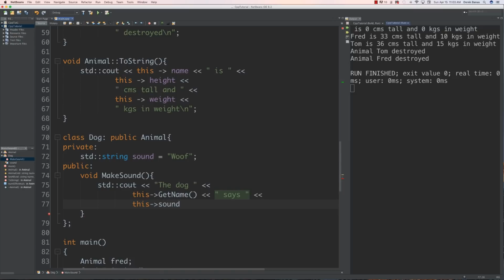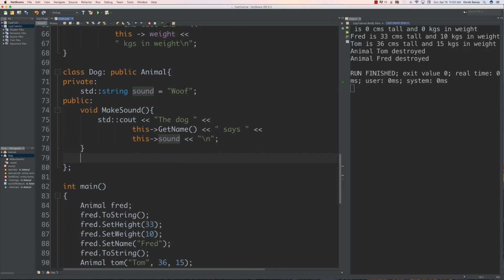So it's almost as if anything that's inside of the Animal just exists right inside of the Dog, because that's the way that it does exist. All right, so then we'll go and throw our new line inside of there. So we have a public function. We're also going to be able to create, let's just move this up,